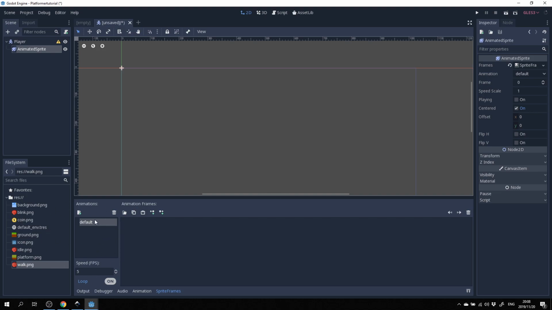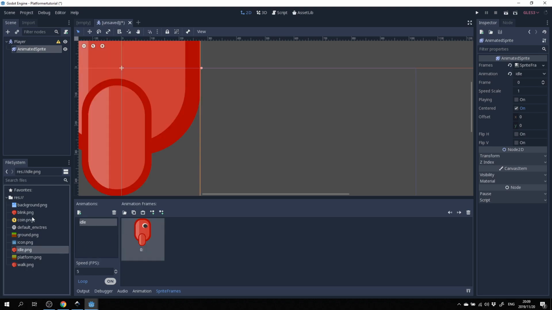The default one, I just want to rename to idle, and idle is essentially going to be between an idle and a blink. So when we play this, it'll have the eye going from open to closed, and that'll be our first animation that we're adding for our player.